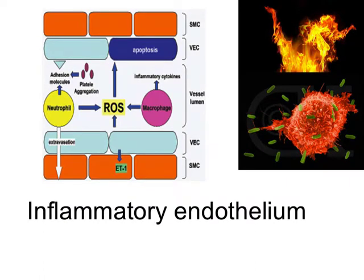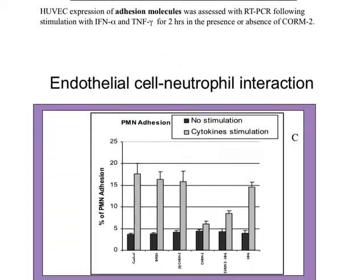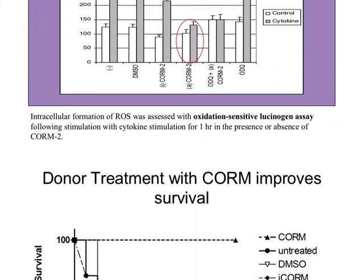And with regulation of endothelium, first of all, inflammation. In some of the basic work that we've done, we've shown that carbon monoxide releasing molecules reduce some of the expression of adhesion molecules like ICAM or E-selectin. This results in reduced endothelial to neutrophil interaction, and CORM is here compared to all controls. And then therefore reduce reactive oxygen species. So here's a reactive oxygen species assay showing again that carbon monoxide really reduces all these things within the